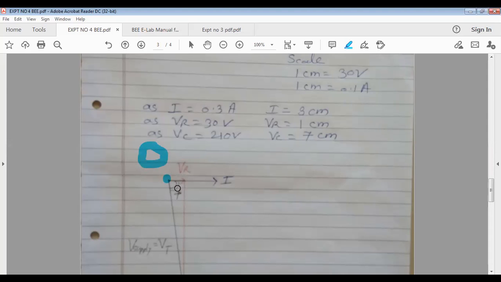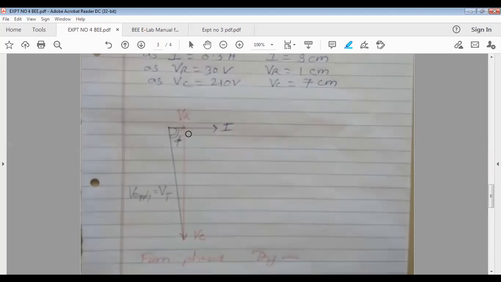Yes, ma'am. Where VR ends, from there you will measure I. I and V are from the same common point; you have to measure. Both are in phase. Now what about VC? We have seen that VC lags I by 90 degrees. Lagging parameters in a phasor diagram are measured clockwise. That's why VC is measured clockwise 90 degrees with reference to I.